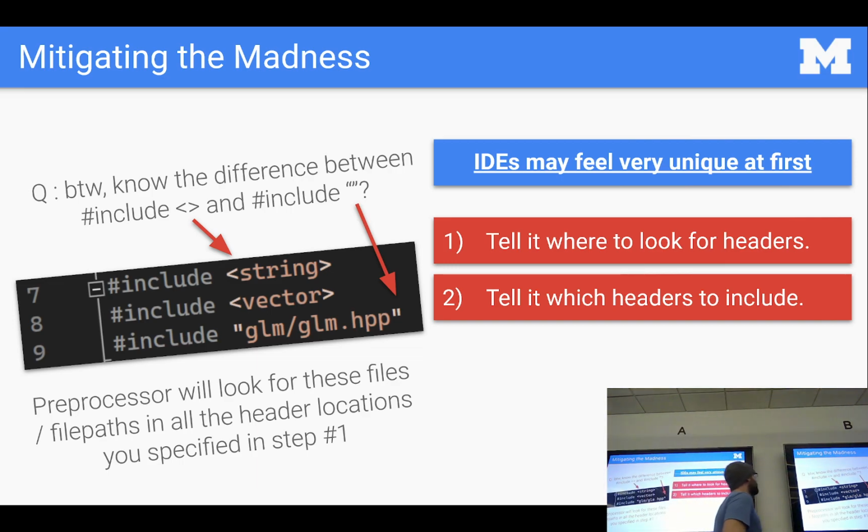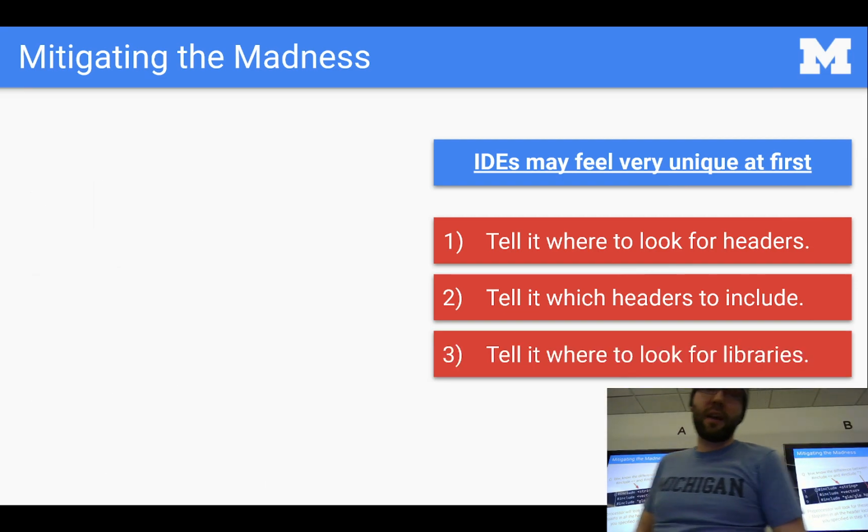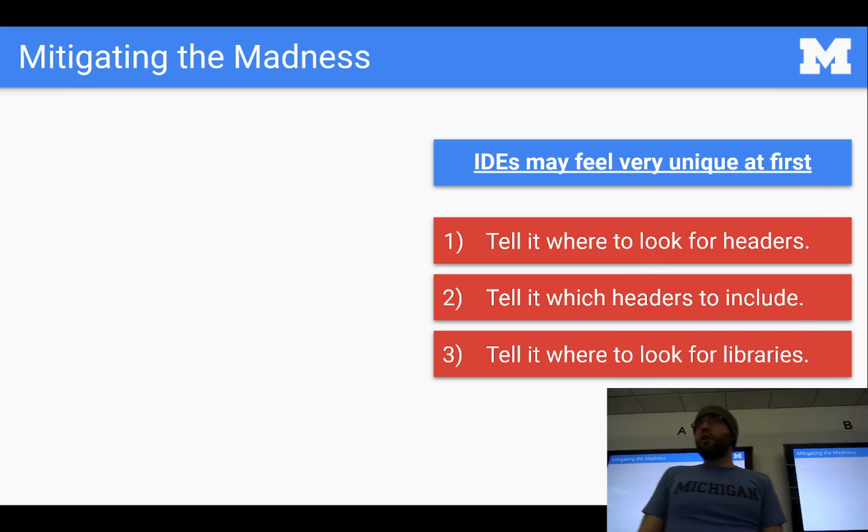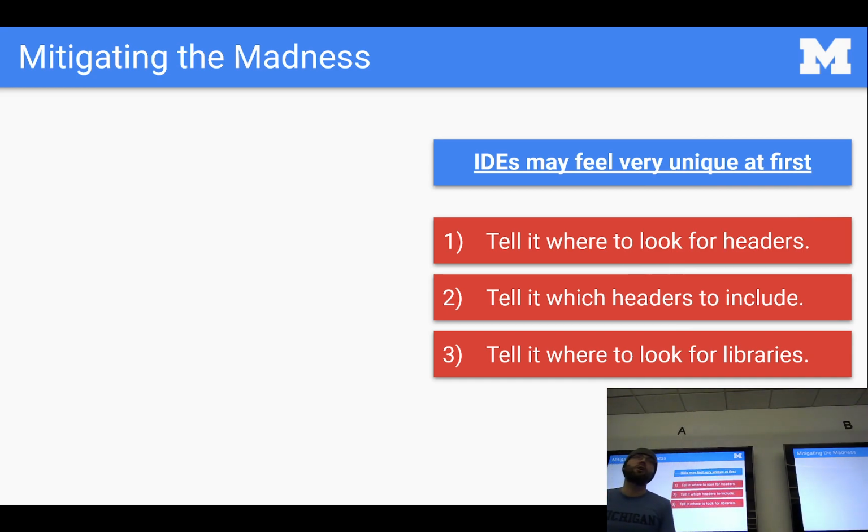You use the angle brackets to denote a global library system-wide, a global dependency system-wide, and the quotations for stuff that you wrote, right? Custom stuff that you're responsible for. Okay, that should take care of our includes and our headers, all right? Not that crazy. The third question that you deal with is the question of where should I look for the